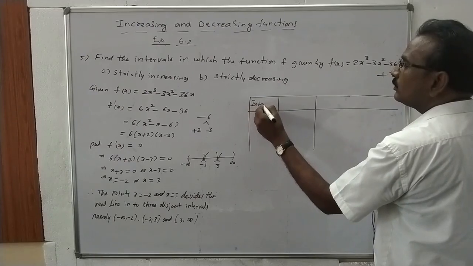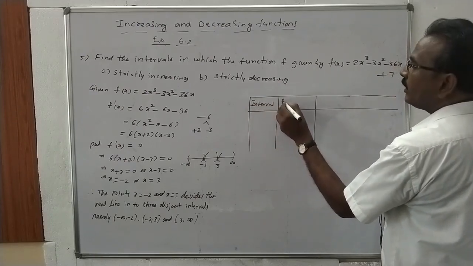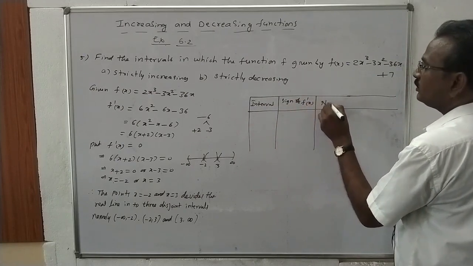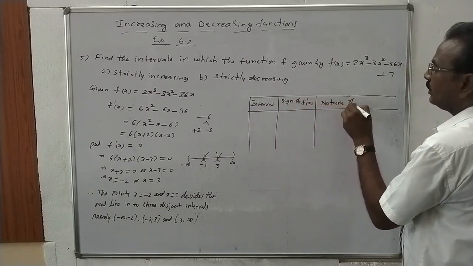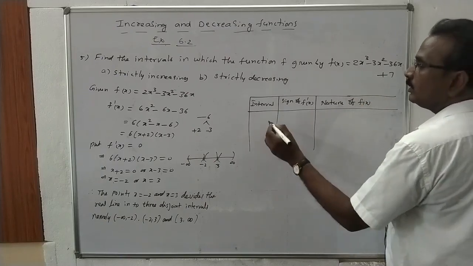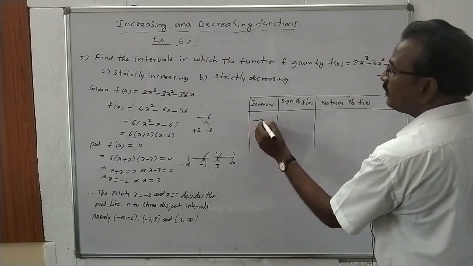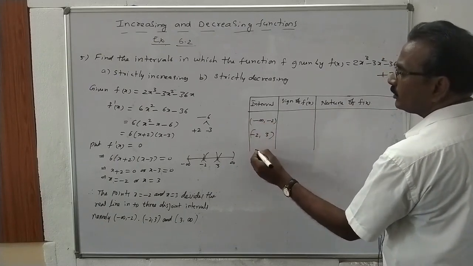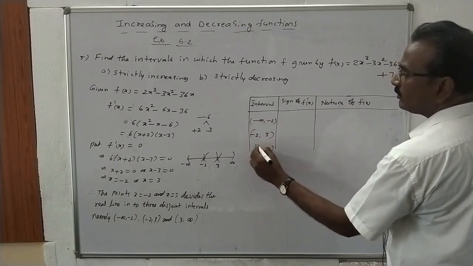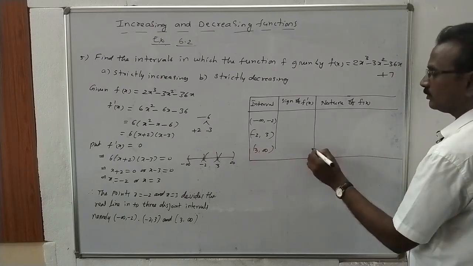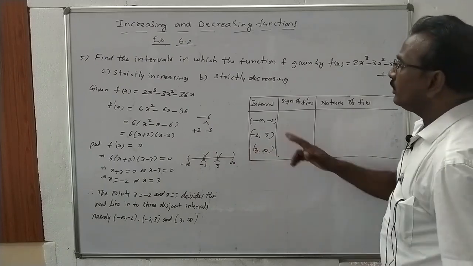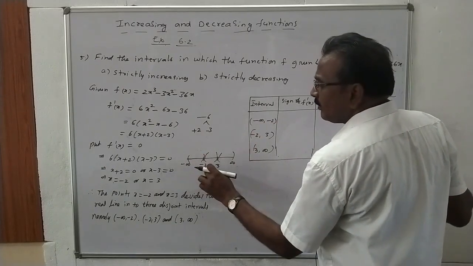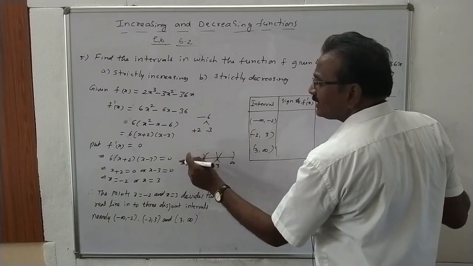Interval, sign of f dash x, nature of f of x. So we have 3 intervals: minus infinity comma minus 2, minus 2 comma 3, 3 comma infinity. Take any number between minus infinity and minus 2. If you take x is equal to minus 3,